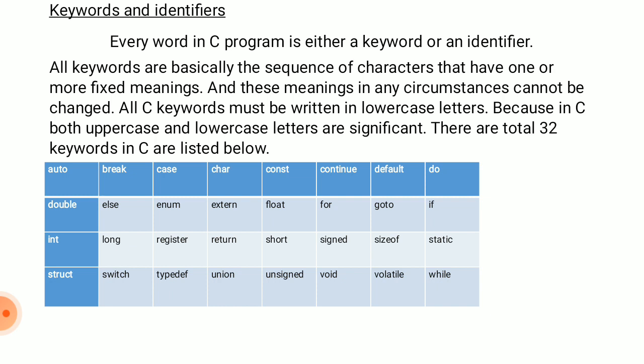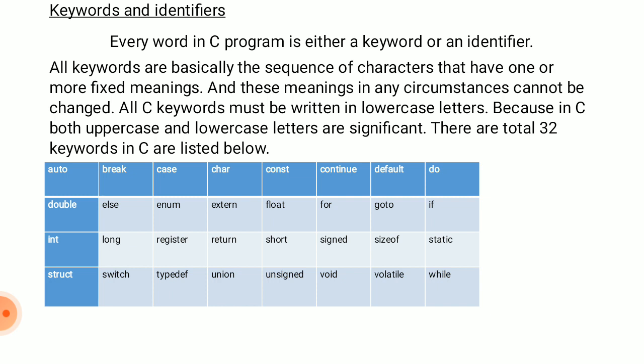Okay, if I tell all the meanings of these keywords now, you will not understand. As and when the concept of any programming comes, we will discuss all these keywords. Anyhow, we are going to use all these keywords in our programming language, so at that time you will understand what these are and what the meanings of these keywords are. Okay, so there are 32 keywords in C programming, and every keyword has its own meaning, and the meaning of that word will not be changed.